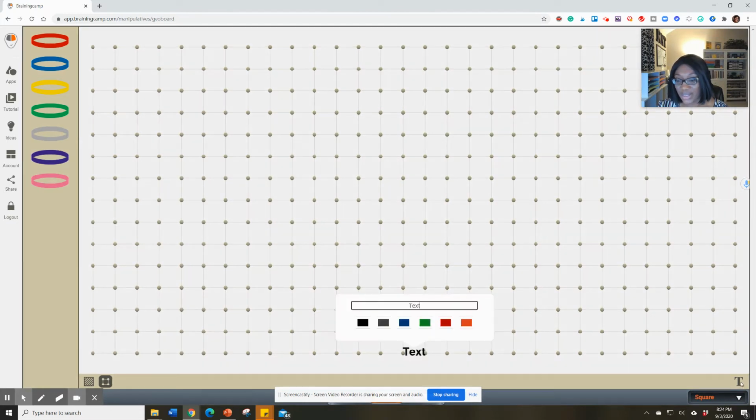And I'm going to start with text. So when I click the T, it brings up a text box, and I'm going to go ahead and type. That's one of the things I like about Brain Camp is that you can type on each of the pages. And so that makes it nice and easy for kids to be able to see what we want them to see. Because I don't know about you, but my handwriting is not so great when I'm trying to write with my mouse. So which one